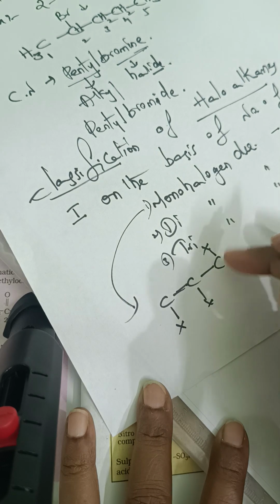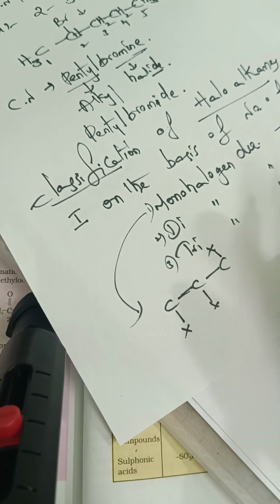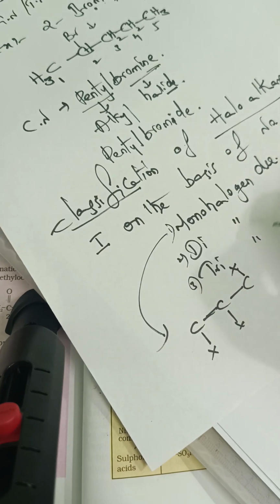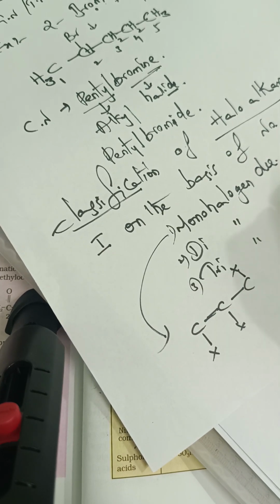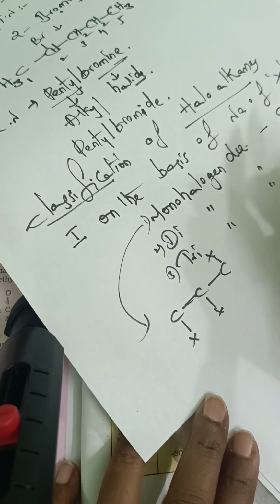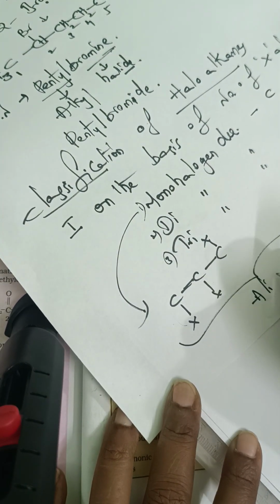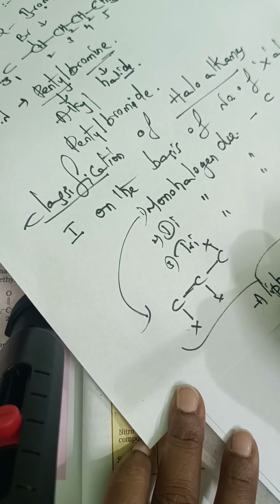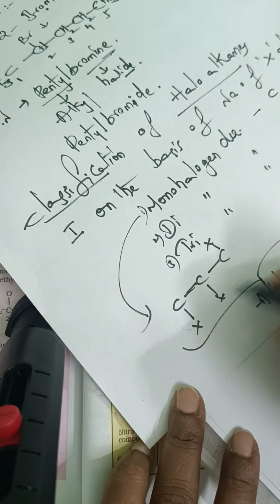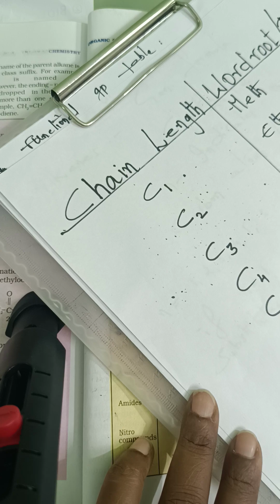So depending upon the number of the halogen atoms which you are taking, it will be termed as monohalogen or dihalogen or trihalogen haloalkanes. And all this will come under aliphatic, because there are no benzene rings here. If you are having benzene rings, what would be the